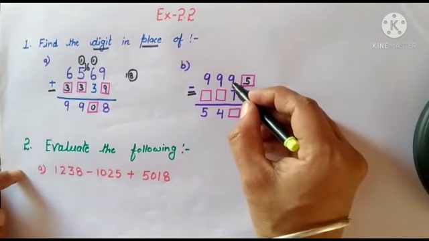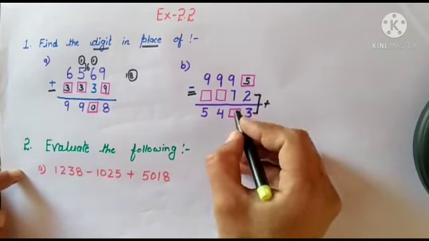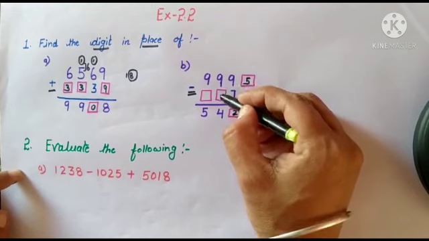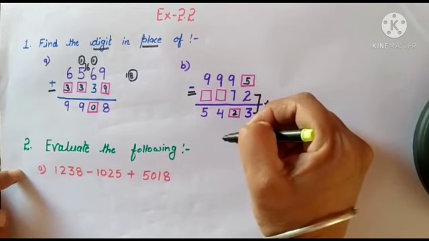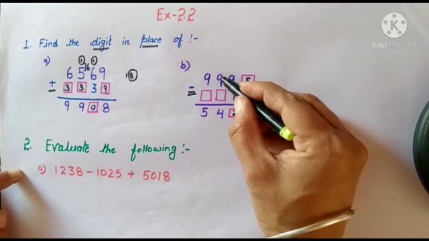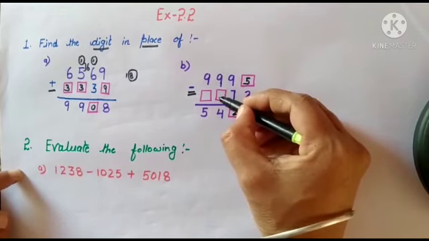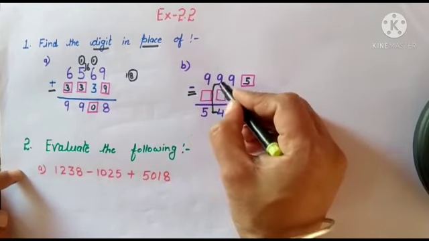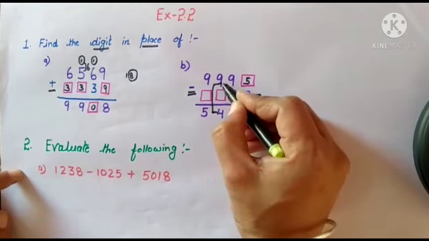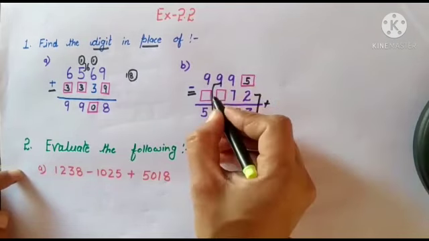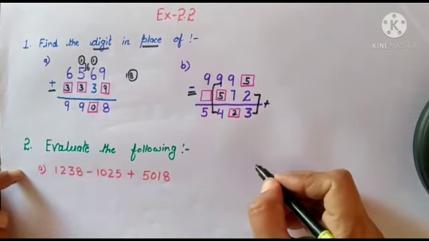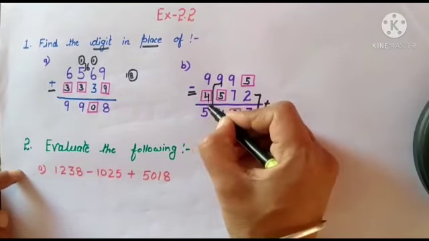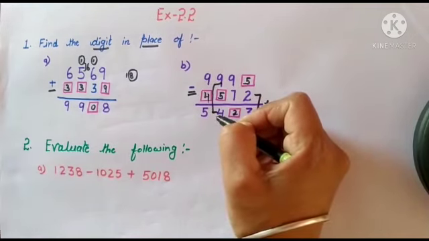Here it is simple minus. 9 minus 7, 2. What should be subtracted from 9 so that 4 can come? So what trick do we have to use? If the above digit is given and the middle digit is not given, in minus we will deduct this 4. 9 minus 4, 5. Okay, 5 will come. Here also, 9 minus 5, 4. This is the trick we have to use in this.